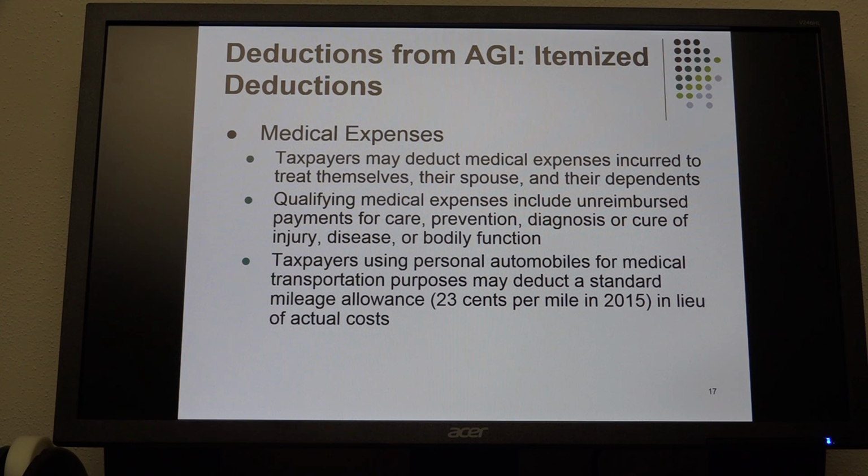Now, that's a lot right there. Most people understand the care, prevention, diagnosis, or cure of injury and disease. What is bodily function? Well, probably the best example I can give there is